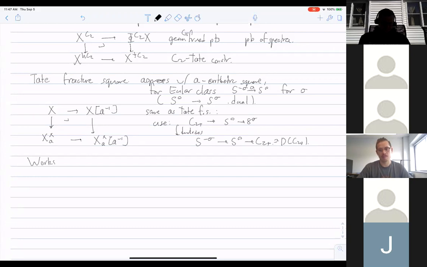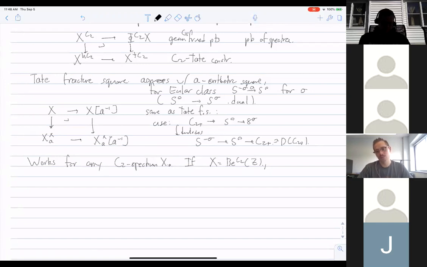So that's maybe a recollection of something that is very familiar to the people in this audience. But this sort of technique works for any C2 spectrum X. However, if X happens to be the C2 Betti realization of a real motivic spectrum Z, I can attempt to